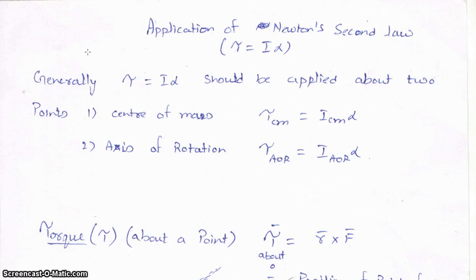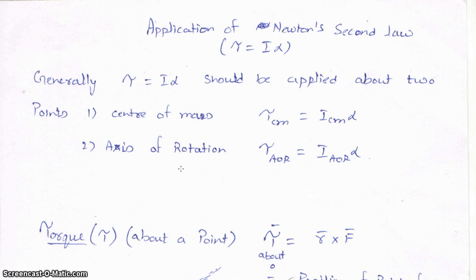In this lecture, we will be talking about Newton's second law in rotation. Torque equals I alpha, or in other words, external torque is directly proportional to the rate of change of angular momentum. Generally we apply this equation about two points: one is the center of mass, another is the axis of rotation, the point about which the body rotates, or a stationary point